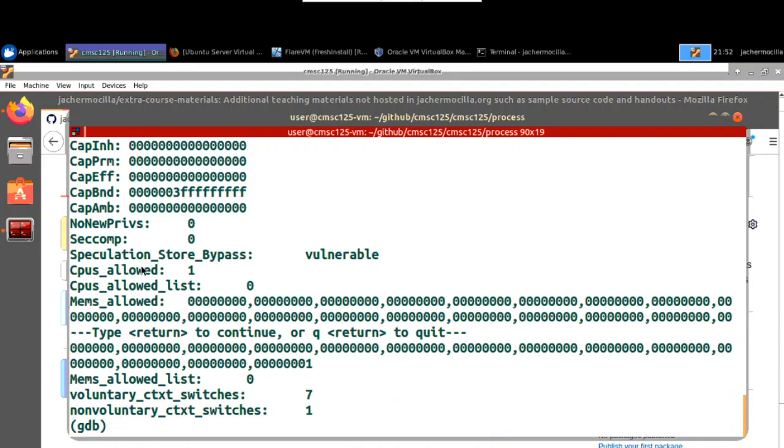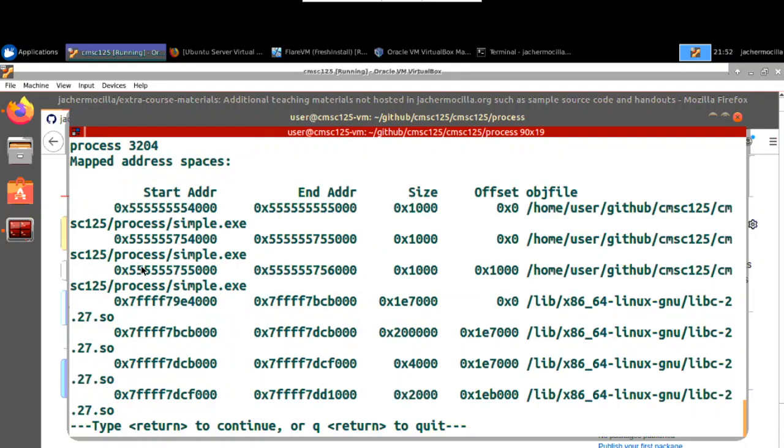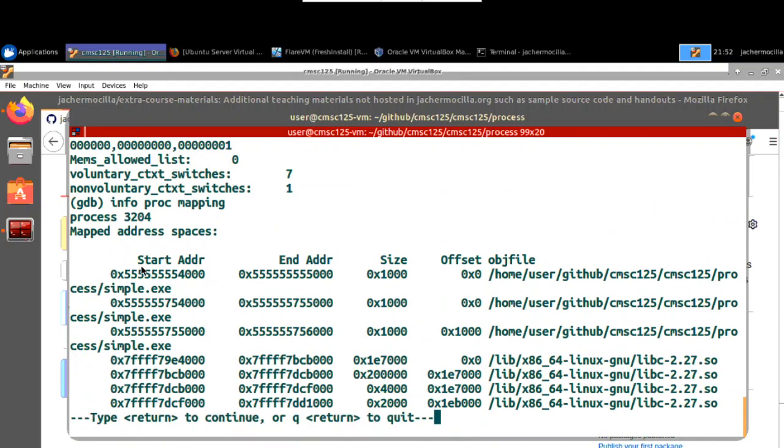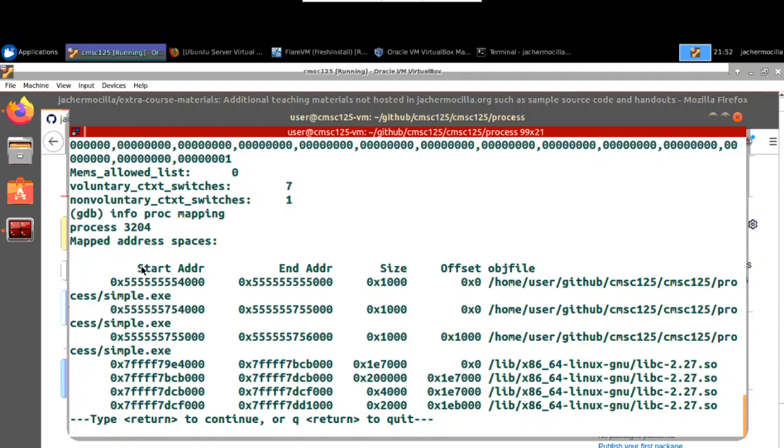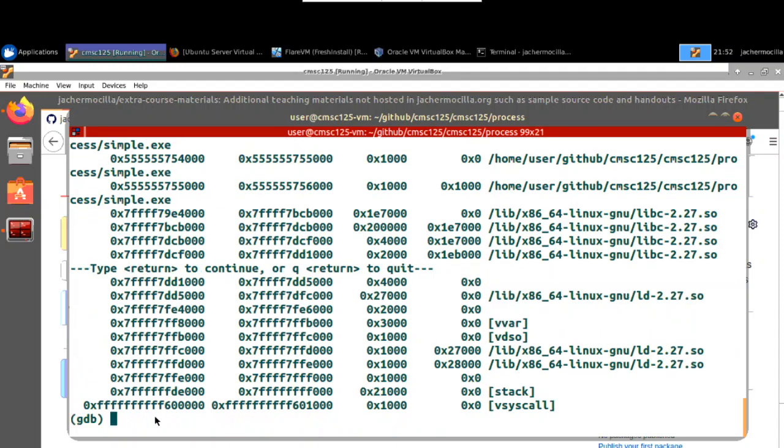Then if you want to look at the memory allocated for this process, we can use the gdb command info proc mapping. So this will be displayed. So you see the different areas of memory associated with this process. So you can see the stack at this high memory area,